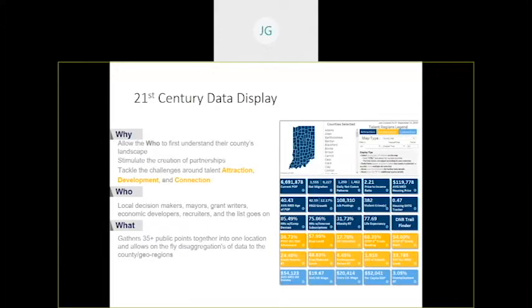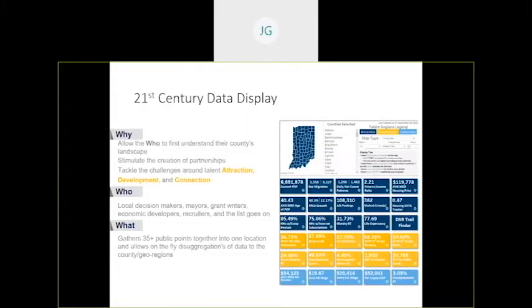So we were able to work with 10 plus data partners from around the state and at the federal level to input data into this data display. There are 41 metrics, and like I said earlier, they're separated into the categories of attraction, development, and connection, but 41 total data metrics. So that's kind of the high level overview